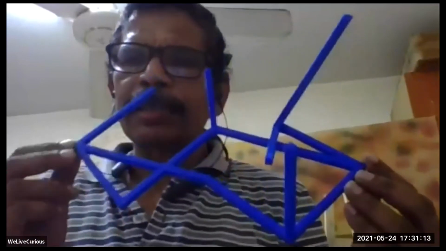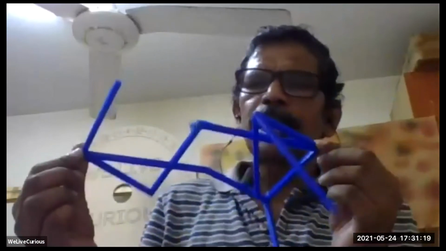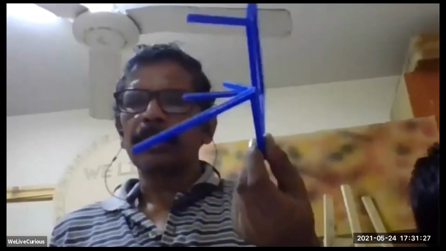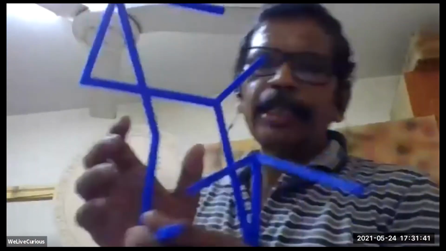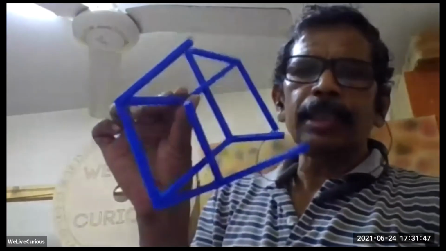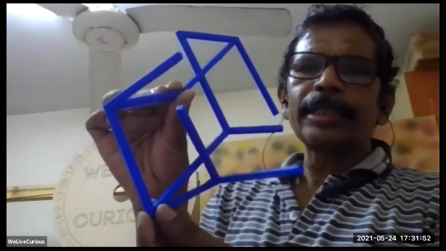One, the perspective. The way you are looking at things, it changes. Now you are looking at it this way. Earlier you were looking at it from a specific point, and the thing became clear. But now it is a mess like this. So it teaches two things. One is the role of perspective in looking at a thing. Second, when you are learning geometry, it is a pathway to a place where you can create certain things. You see now, you see the cube taking shape. You can create things like this.